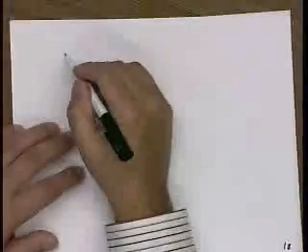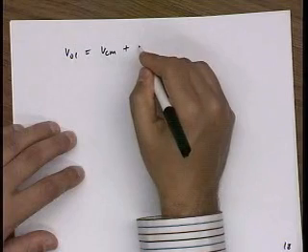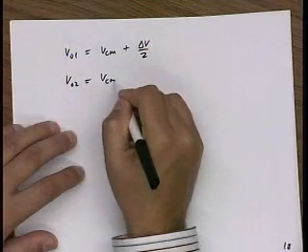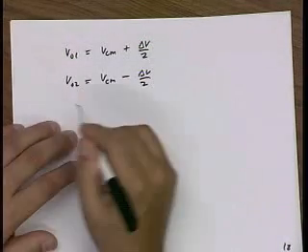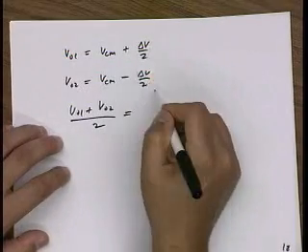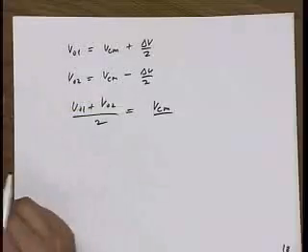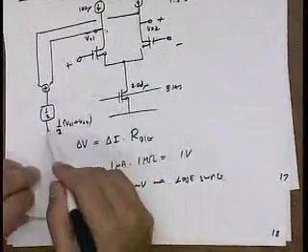Because VO1 is V common mode plus delta V over 2. VO2 is V common mode minus delta V over 2, where this is a differential signal. If I just sum these signals and divide by 2, the differential cancels out and I just get the common mode signal. So here I have my common mode signal, and